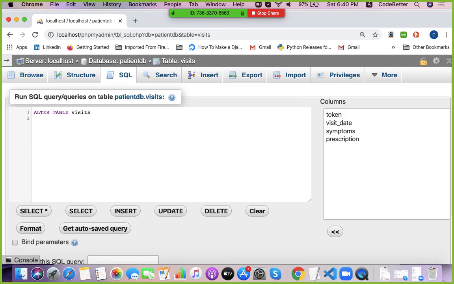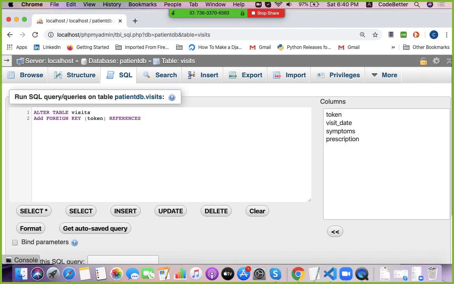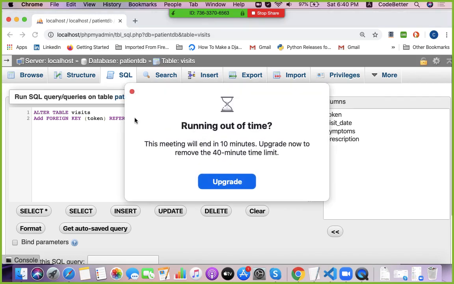Alter table visit, add foreign key, which column? Token, references, meaning which table it should refer to. So we write references, patient table, and which column of the patient table? Again the token column of the patient table.